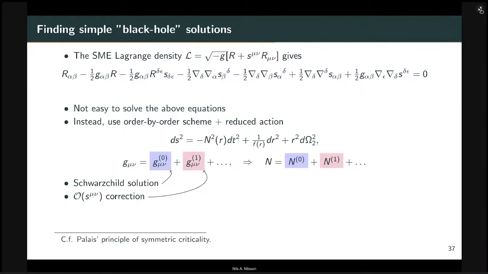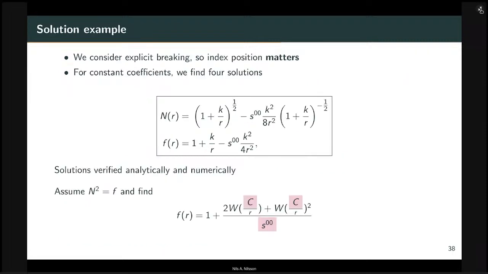And I will remind you again that index position matters when you work at this level. And we simplify a little bit. This S mu nu is a constant. In some asymptotically inertial coordinates, this S is constant. And this is one of the solutions we find. Now this is very similar to the Reissner-Nordström solution. So I have one extra horizon because of this 1 over r squared. And everything is linear in this S00. Now this is just the time component of S. Okay. Now you can also show that this is the only linear correction